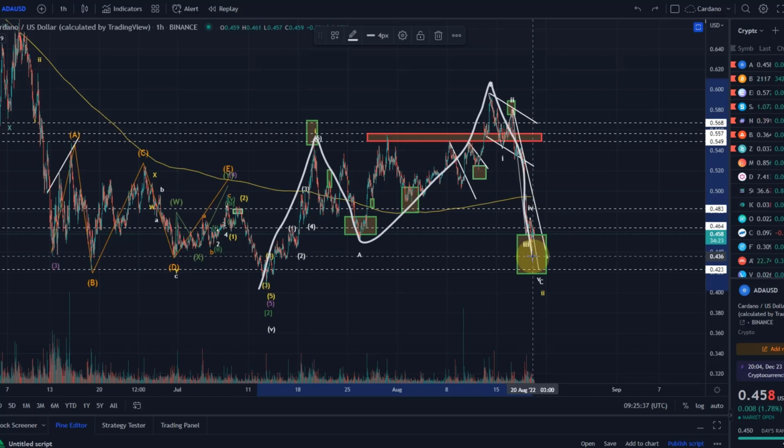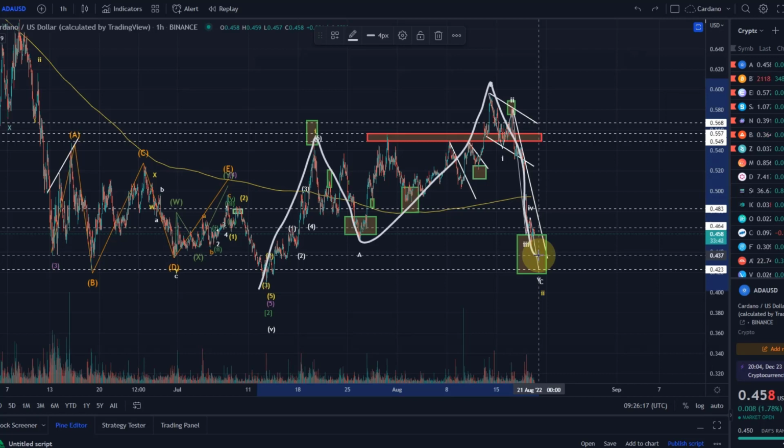We could have stopped above the wave A, then it would have been a so-called running flat. I prefer expanded flats compared to running flats because they are a cleaner wave pattern, and they give you a chance to create a new structure from scratch because you make a lower low against wave A. And normally, if it is an expanded flat, then what normally happens is you get an explosive move to the upside. Now, I'm not telling you that this has to happen. It would happen most likely if this is really an expanded flat.